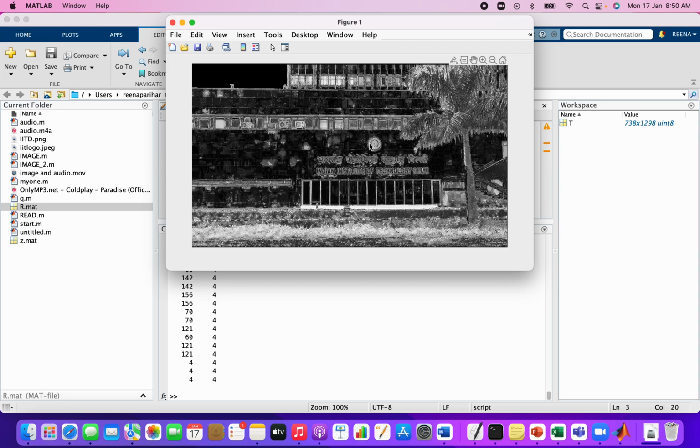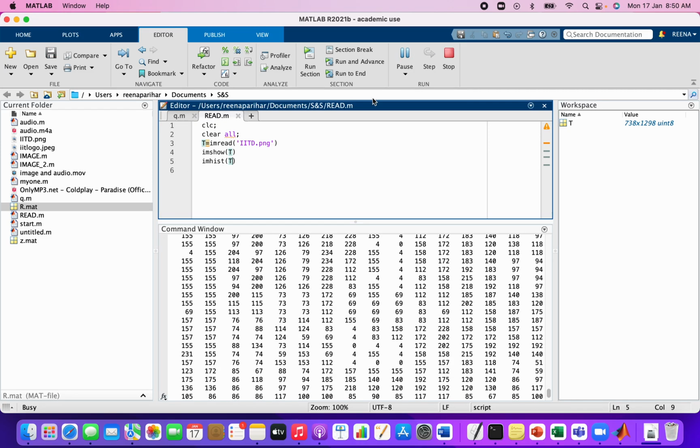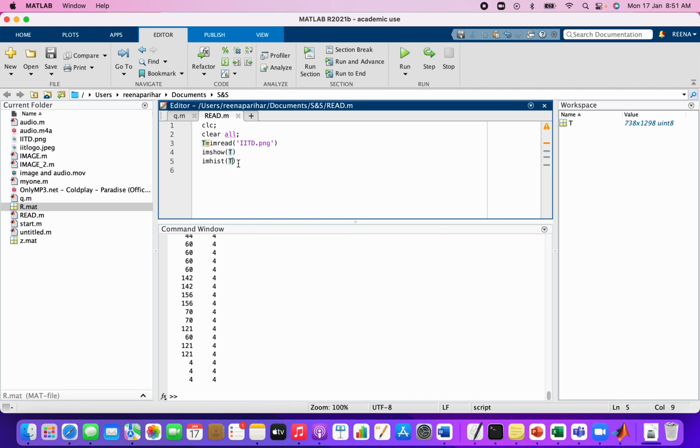So I can increase the contrast level by using one command. Basically we use the imhist command to see the pixel distribution in the image. This will tell how your image intensity is distributed along your picture.